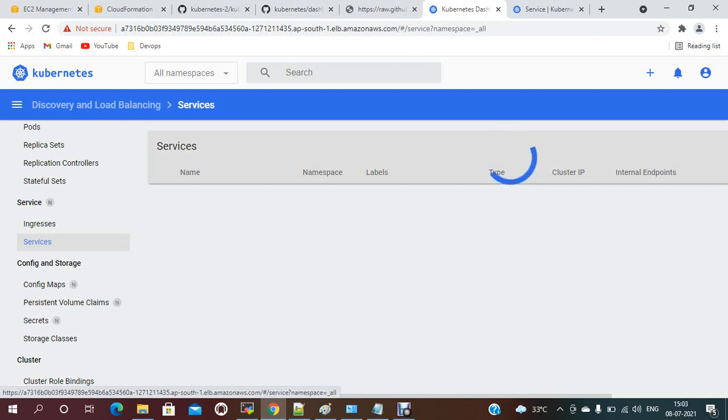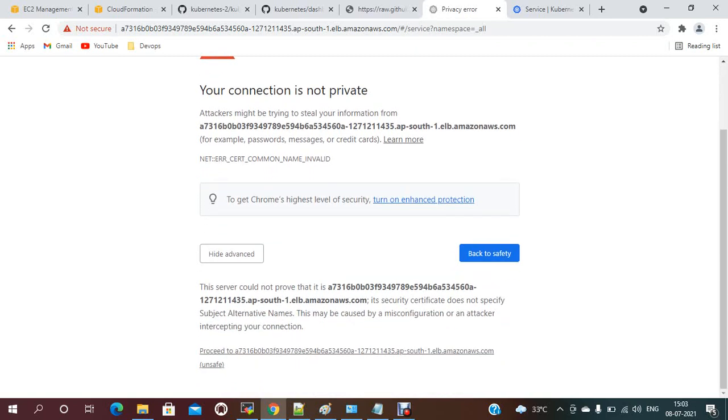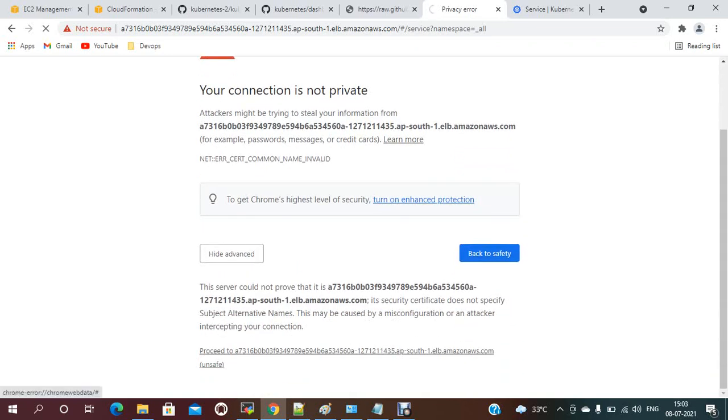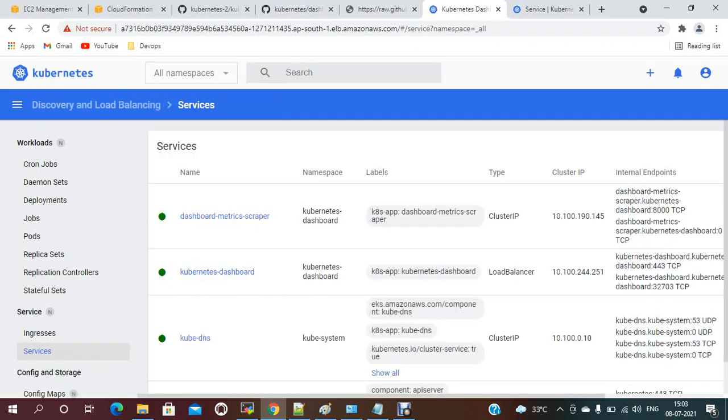for the overall UI interface of your cluster. Okay, that's all about the Kubernetes dashboard. So if you are familiar with the commands, you can directly use the commands. If you're not familiar, at that time you will go for the Kubernetes dashboard. It is easy to view the cluster information, nodes, and applications, everything.